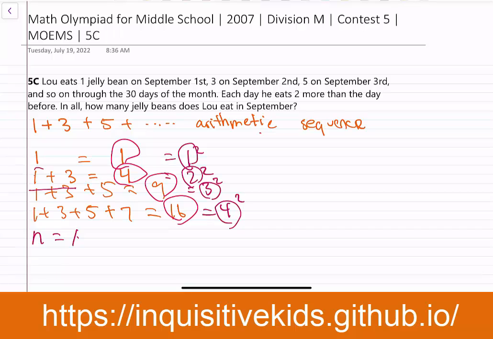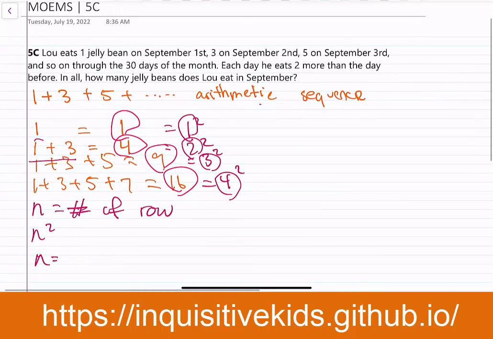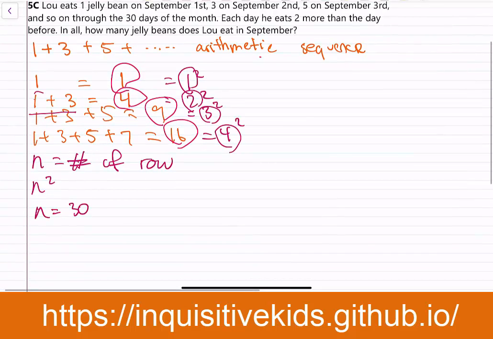n equals the number of the row. And our pattern is n squared. On the 30th row, n will become 30. And so 30 squared equals 900. So our answer is 900